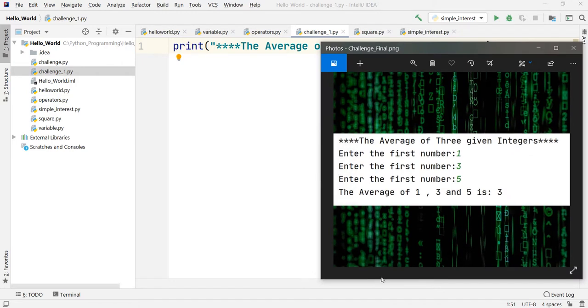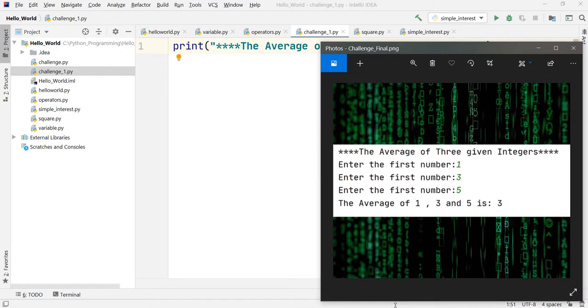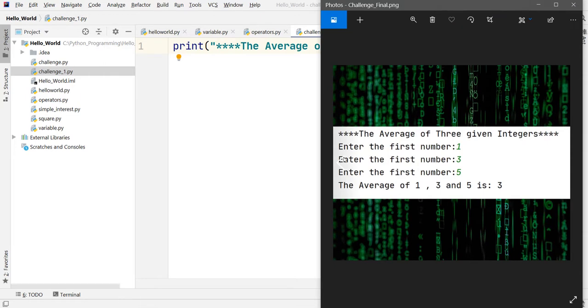Now in the next step, what we are supposed to do is just make it even larger. Okay, so what we are supposed to do is on the next 3 lines. As you can observe, we are asking the user for the input. I have written the same line 3 times: Enter the first number. The user is going to give the numbers. Suppose he is giving us 1, 3 and 5.